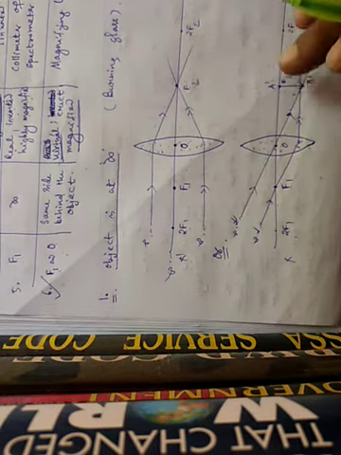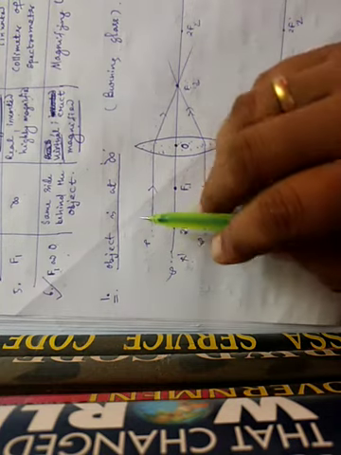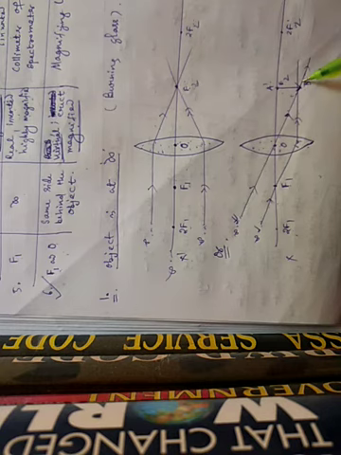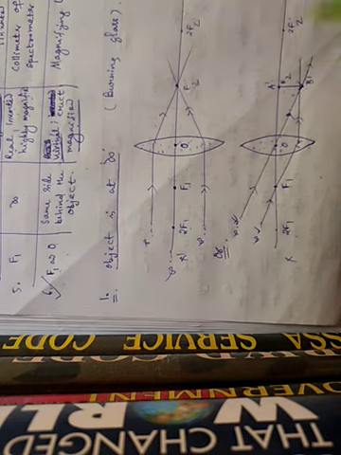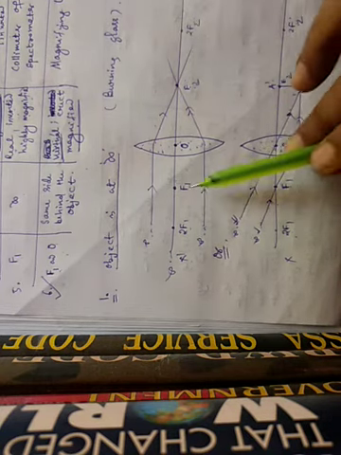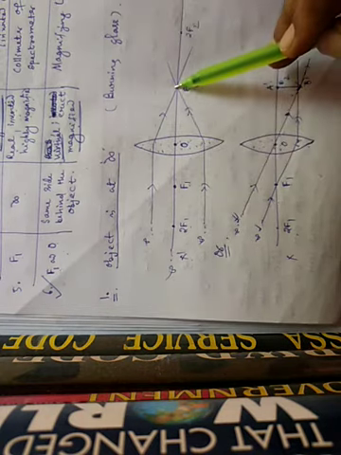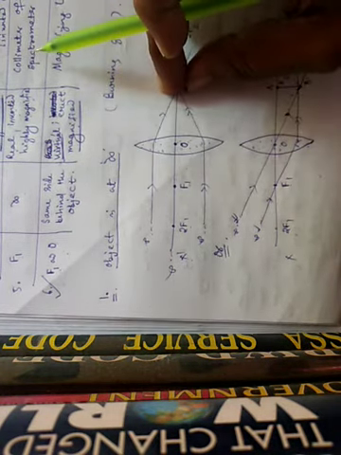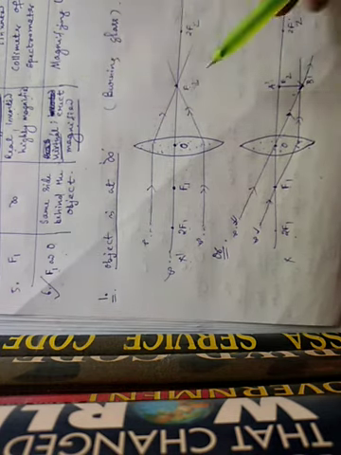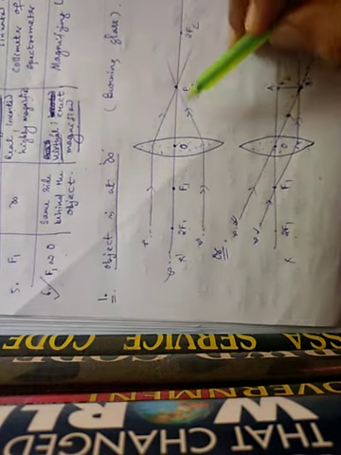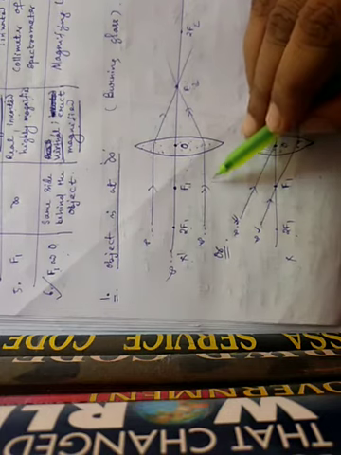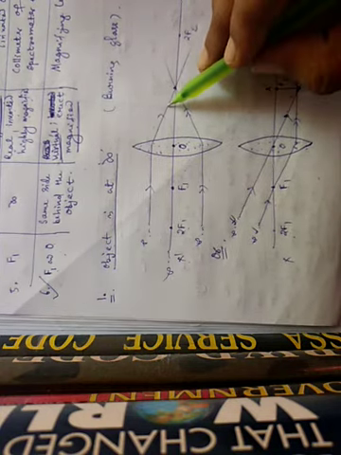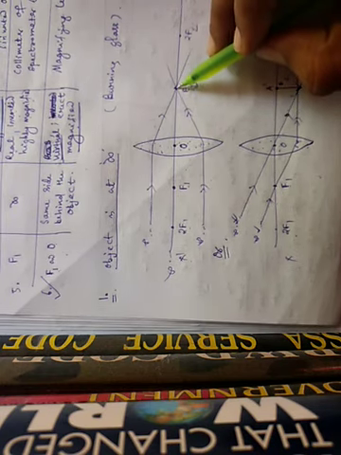This is the formation of an image in the first case. Object is at infinity, image is formed at focus. Now we have to discuss what is the use of it. As all the incident rays are converged to a point, all the intensity of light is superposed. That means intensified. Intensity of light is much more than individual intensity of light. As intensity of light increases, all the incident rays are focused at a particular point.